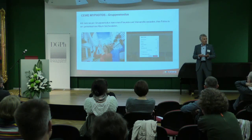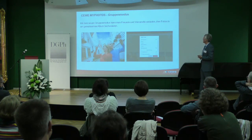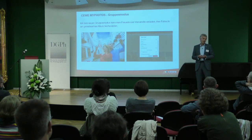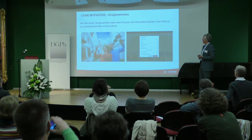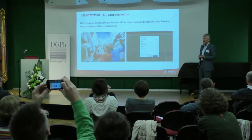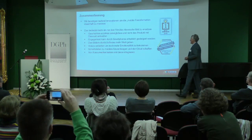These images have to be merged in order to tell compelling stories, and we offer solutions like our group mode in CV My Photos in order to combine these images to do storytelling. So we like smartphones. In summary,